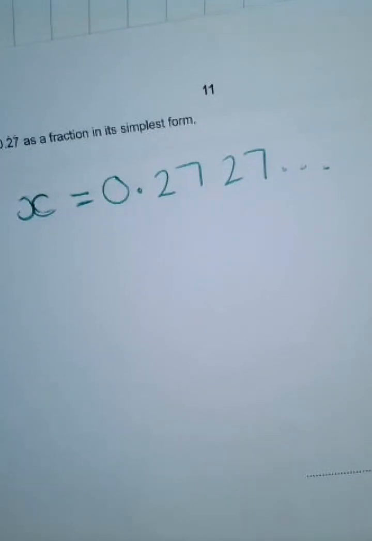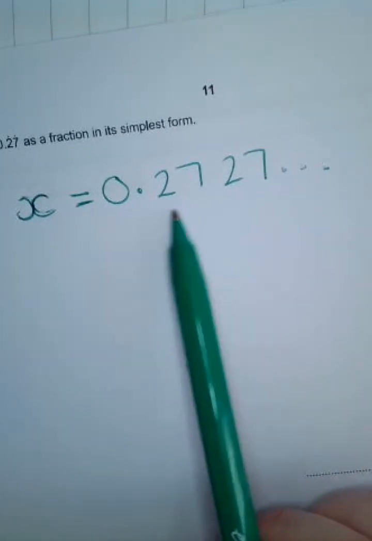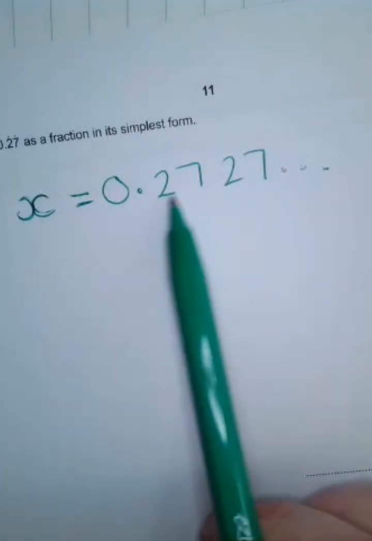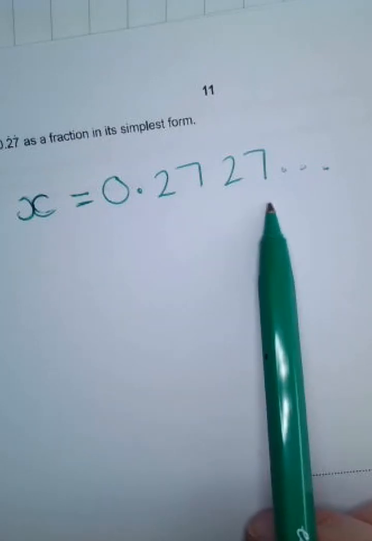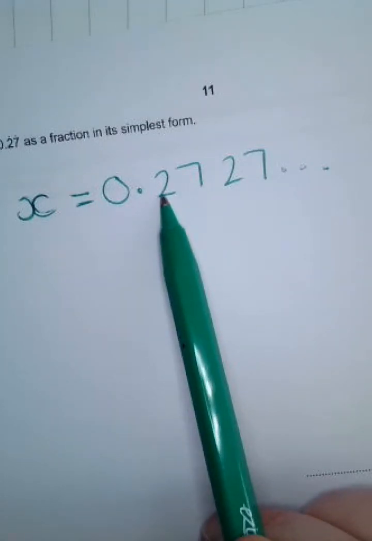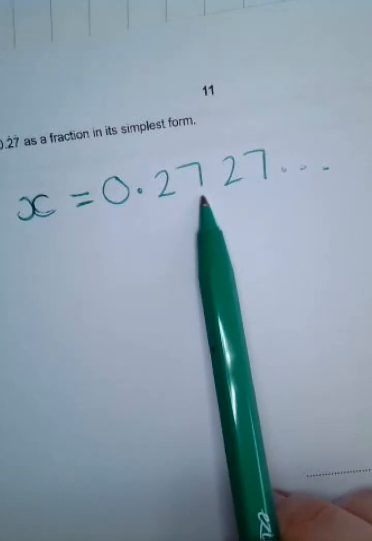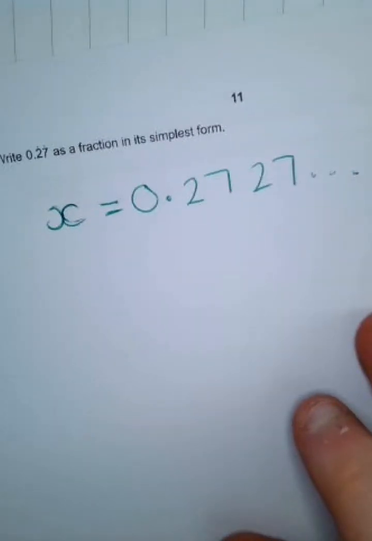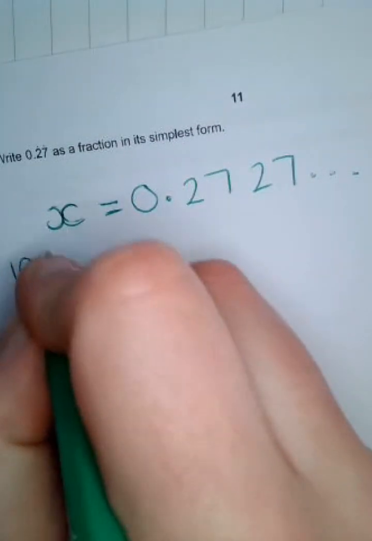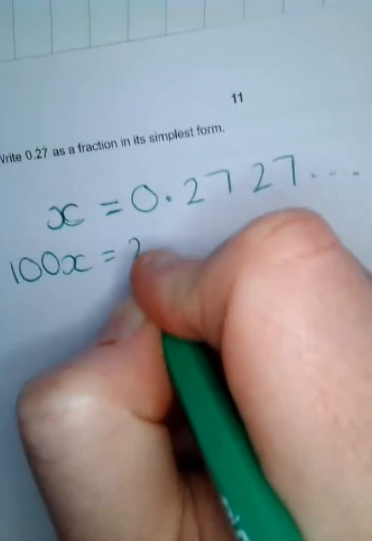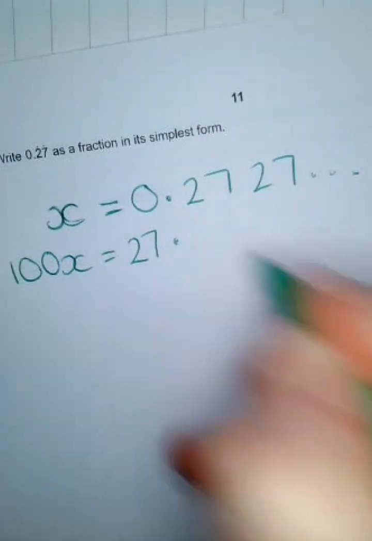Okay, well, there are two things that recur. So say it was 0.22222, where only one number recurs, then I would times it by 10. Because there are two numbers recurring, I'm going to times it by 100. And it's going to become clear in a minute why. So I'm just going to put in here 100x is